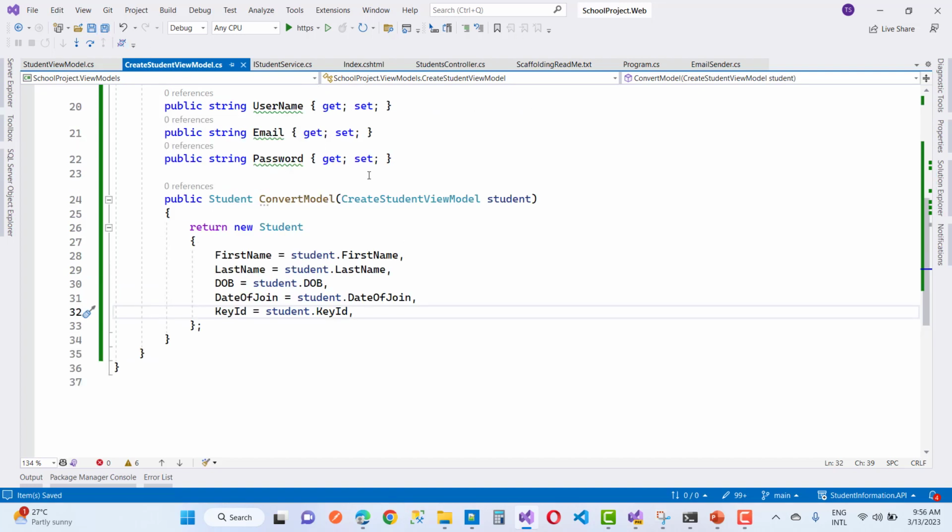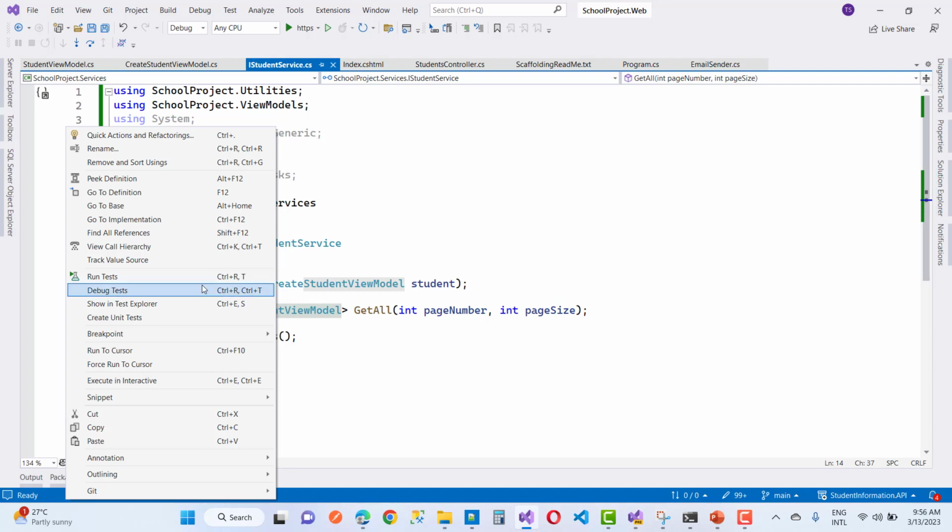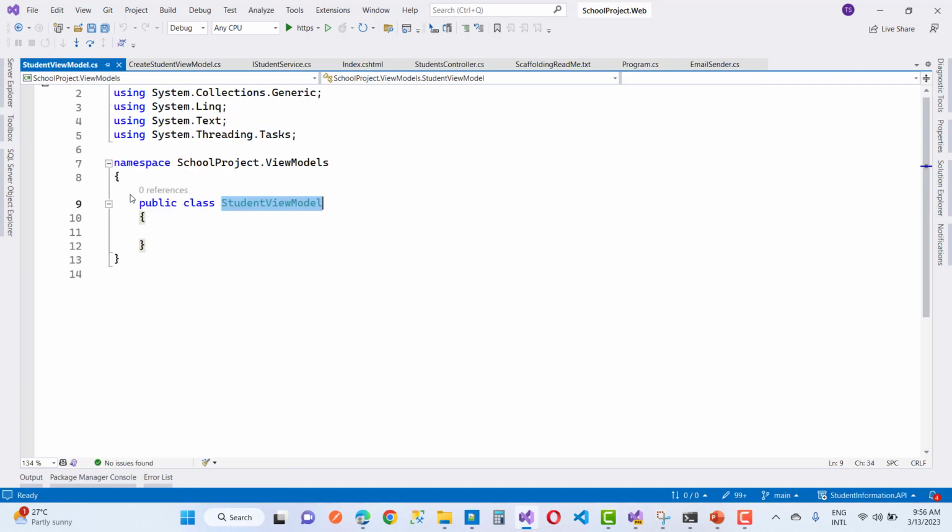Okay, so the next task is the IStudentService. Here we have CreateStudentViewModel. I just want to show the list of the students. So just go for the StudentViewModel again. Go to the definition of StudentViewModel, and here we have